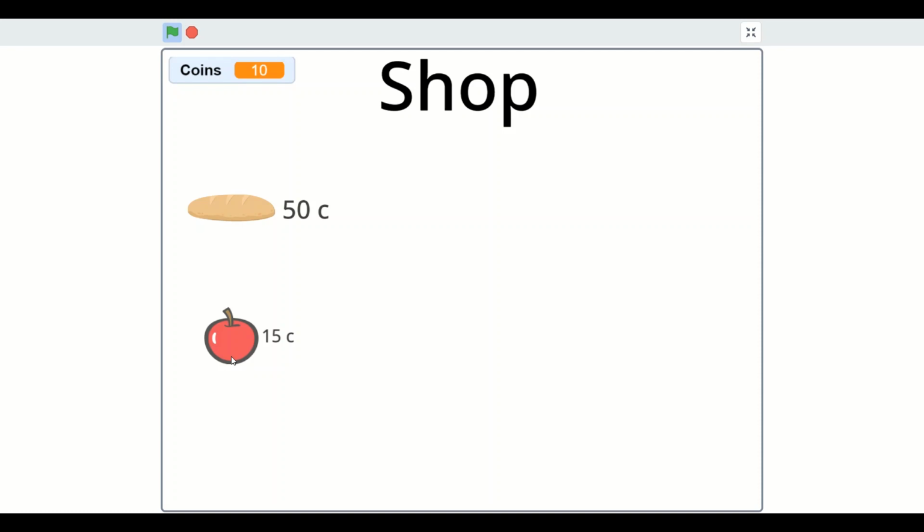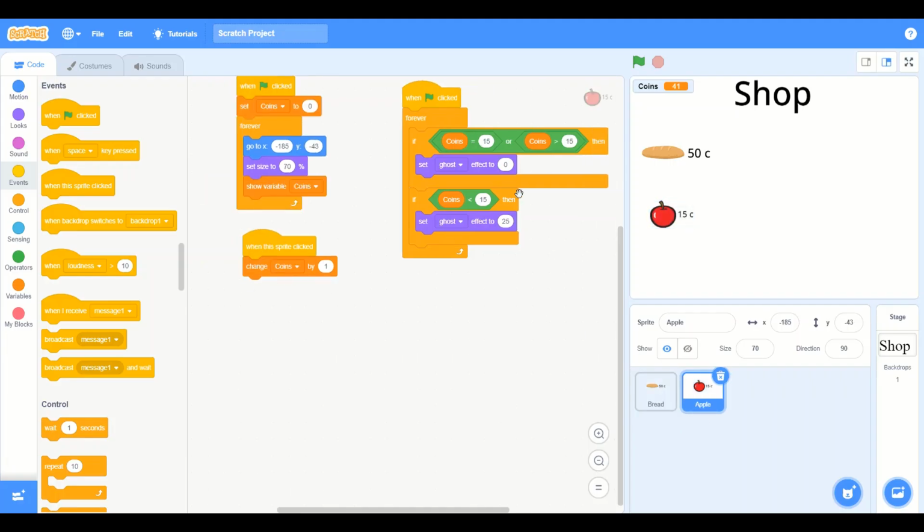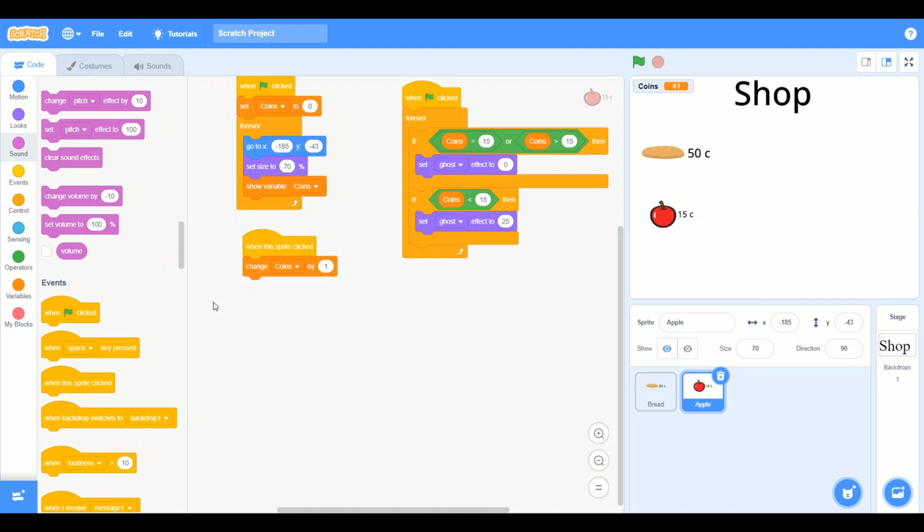The only thing is, we can click them to get some money. But oh no, this is a problem. Here's a problem. Look, if you take a look at this properly, it won't spend any money. So this is how you do it. Now, since we're clicking that sprite to get the coins, we need to make sure, because of accidental clicks. So, set those effects to 0,